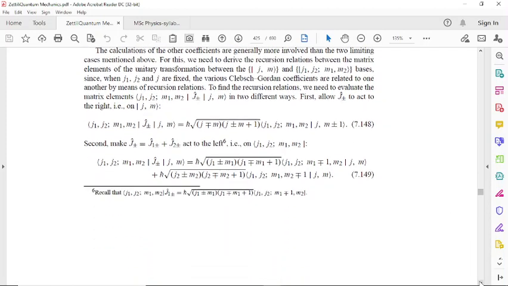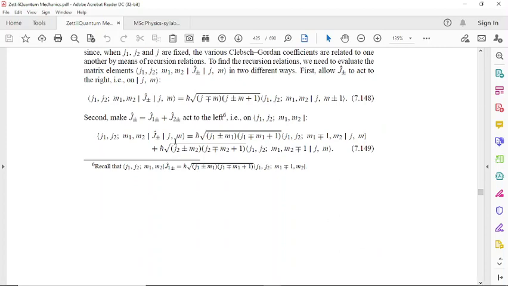And we are allowing J plus or minus to operate as J1 plus or minus plus J2 plus or minus, and finally we will get